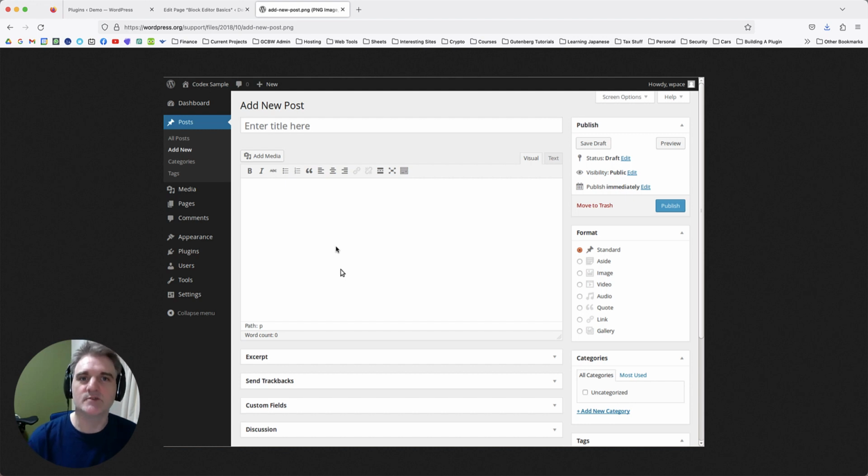However, we're in 2023 now, and the block editor has been around for 5 years, and it has progressed a lot since then. Whilst the argument that the classic editor was easier to use was true, all you had to do was write content into that white box, the block editor certainly has overtaken a lot of that, and there's really no excuse to not use the block editor now. So anyway, the purpose of this video is to go over the basics of the block editor,